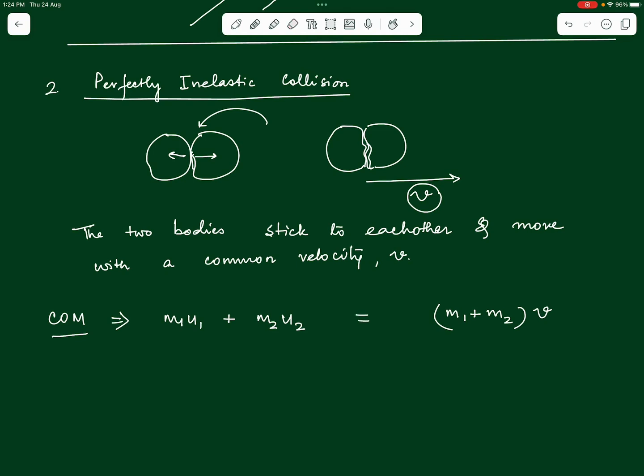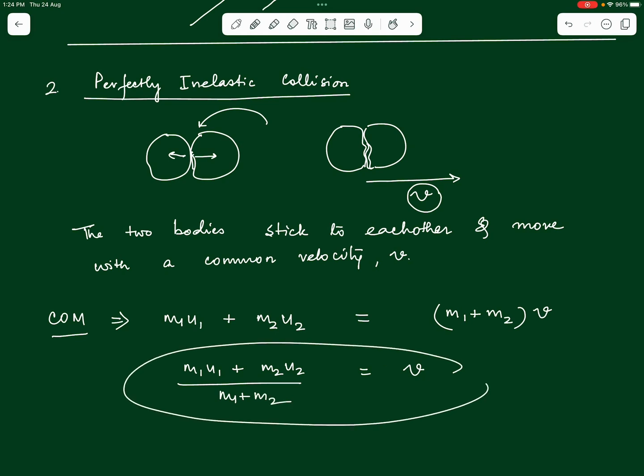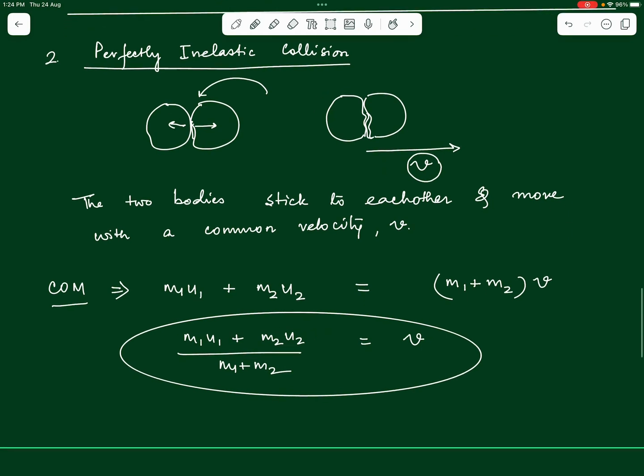Do we see that it is from this one single equation this time that we can get the value of v, the final velocity of the two bodies? v equals m1u1 plus m2u2 over m1 plus m2. So just one single equation this time is helping us get the final velocity of the system which underwent a collision. Do you also observe that this expression we have already studied? Isn't this the expression for the velocity of center of mass? So this final velocity with which the two bodies will move will be nothing but the velocity of center of